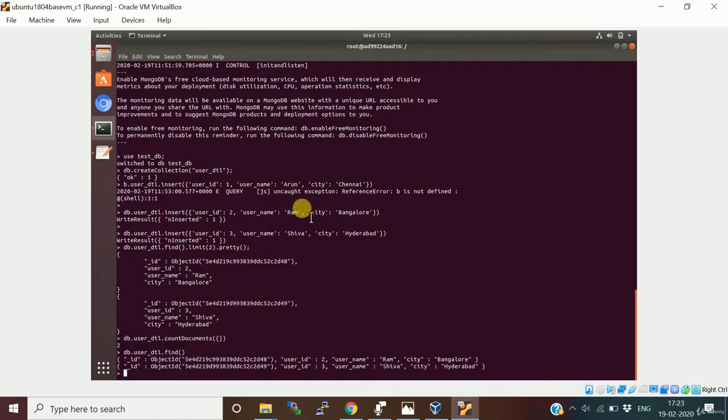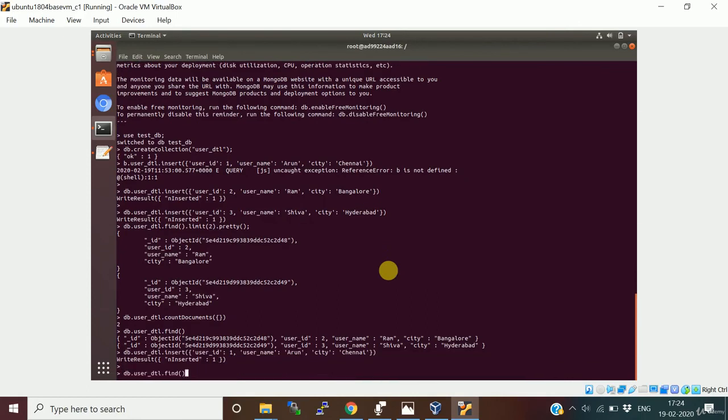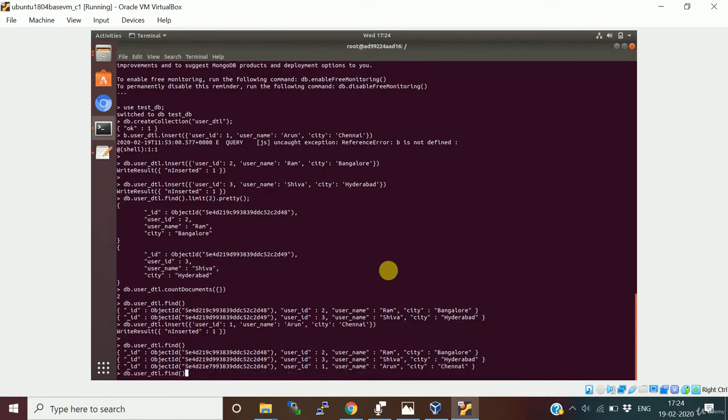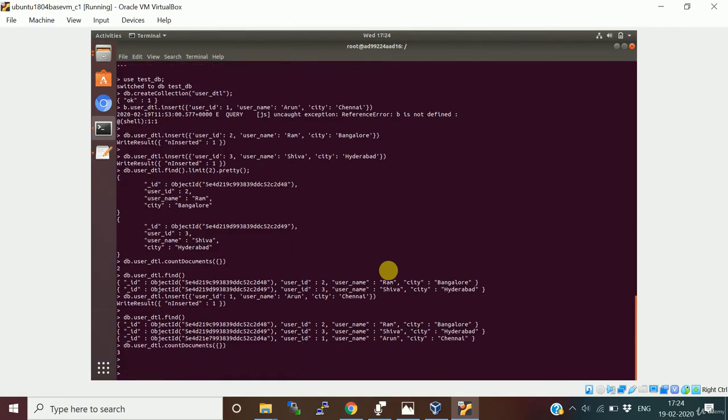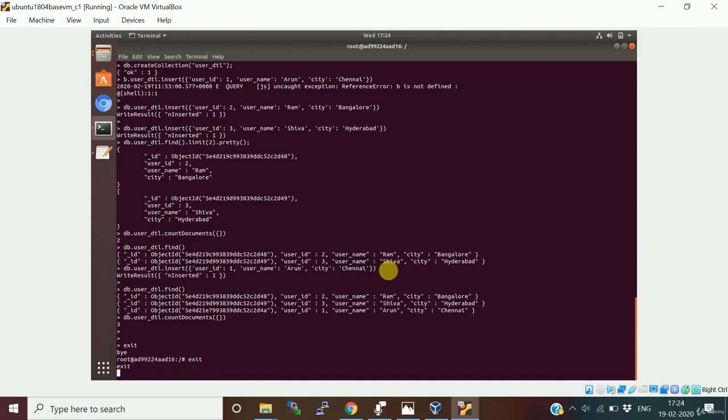Okay, so the first one did not run because of an issue. I just missed the D. There is a typo over here. Say D. Run this. Okay, so it is fine now. Just see the count: 3 documents are there, and the count is 3 documents. So this is how you need to spawn your MongoDB instance as a Docker container.